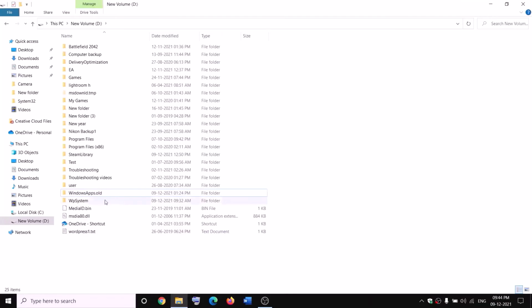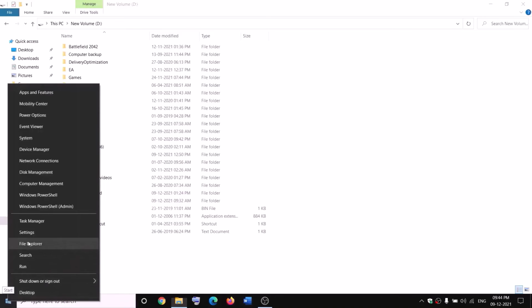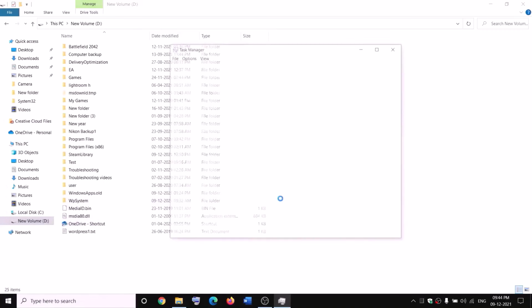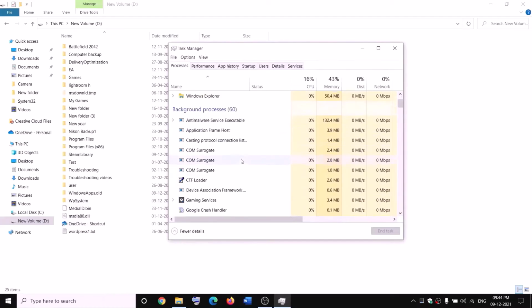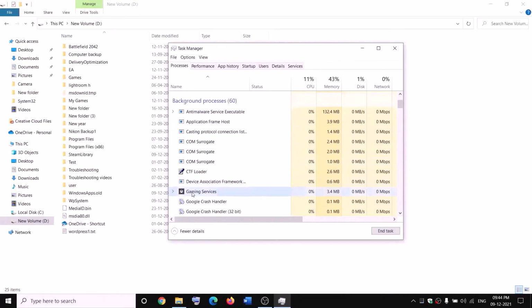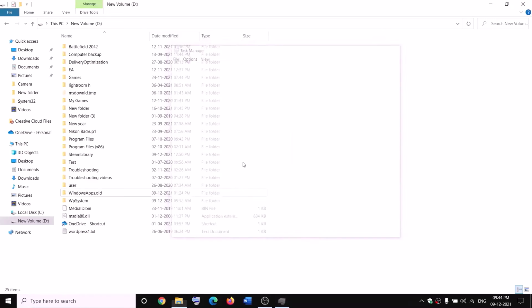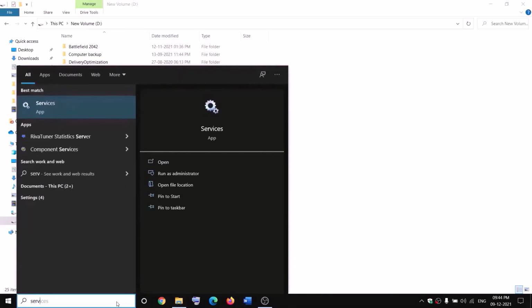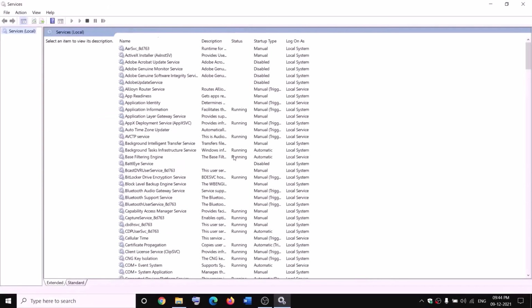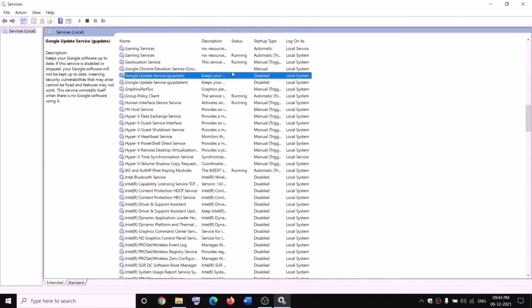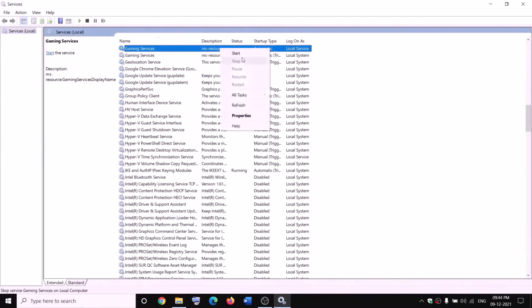Now while renaming it, if you receive any kind of error message which says the file is open, in that case open Task Manager on your computer. Right-click on the Start menu, click on Task Manager. Now if you find Gaming Services, right-click and then click on End task, and also open Services over here, and then go to Services and find Gaming Services, right-click on Gaming Services, click on